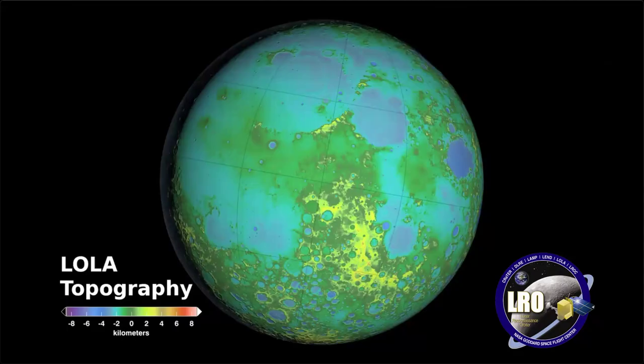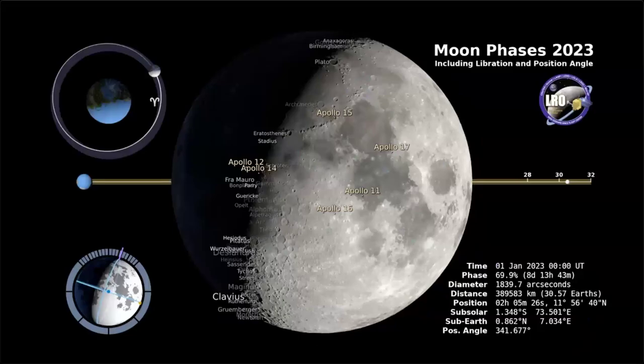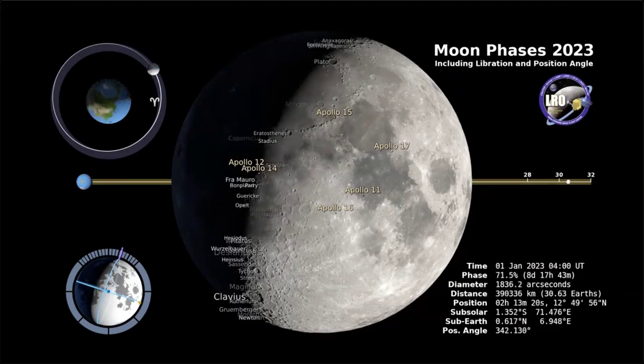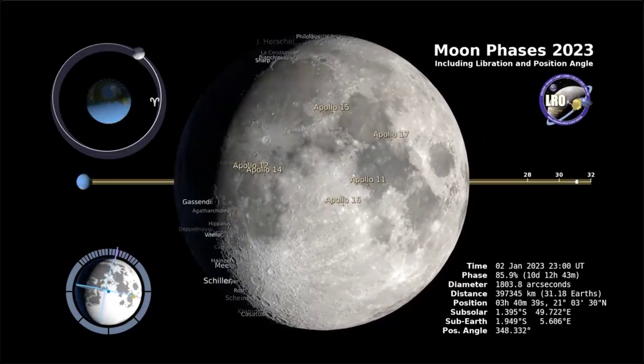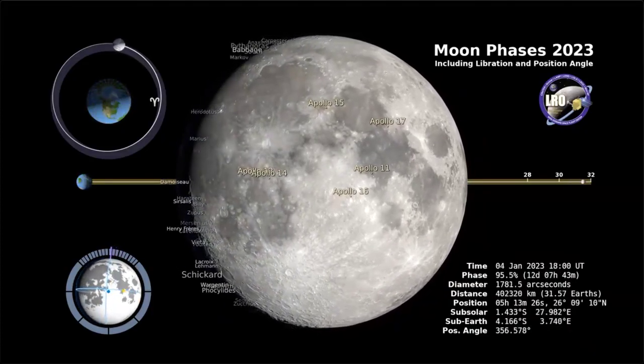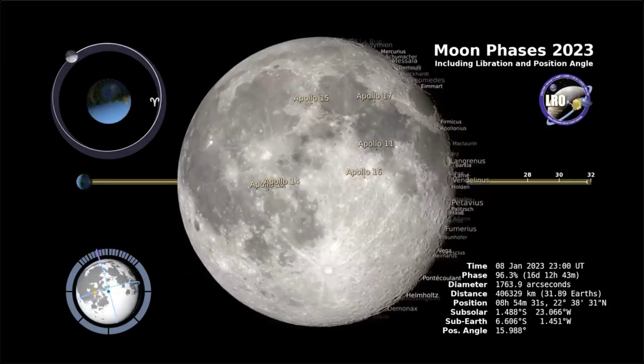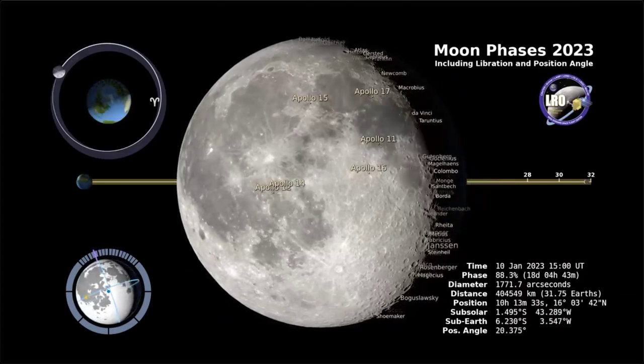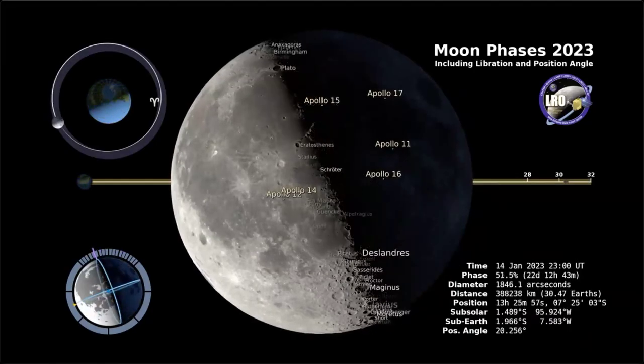So you saw gravity, you saw topography. Now I'll get into something that's more interesting, which is my personal favorite. It is the rotation. This is the exact color that we see of the moon. Now I've written here phases of the moon, but what I want you to look at as the phase changes is how the moon wobbles. So you will see a slight nodding motion of the moon as it goes in its orbit.